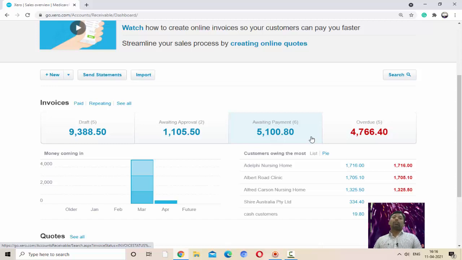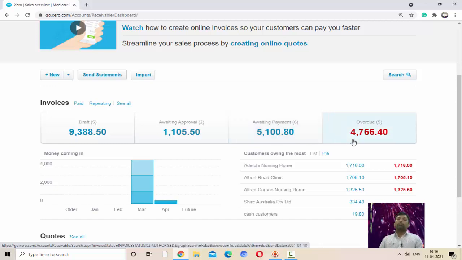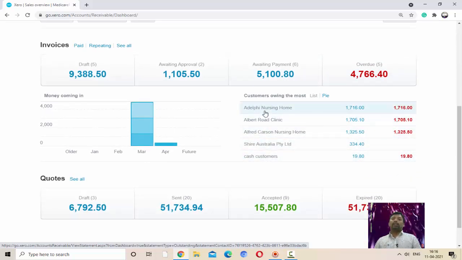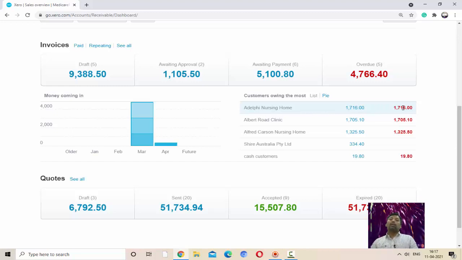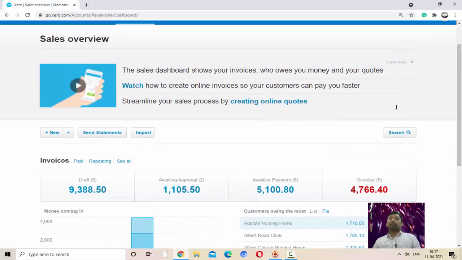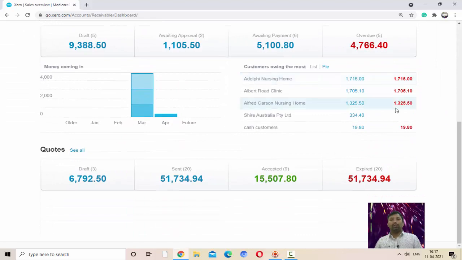And this is the overdue amount, meaning amount due from the customer but the customer has not made the payment of their dues on time, and this is visible in this chart. See, this chart explains the amount which is due from the customer, the name of the customer here, and the amount due from them. And in red color means the amount is overdue, meaning amount due but not received from the customer. So this is a complete chart of the sale overview of our business.